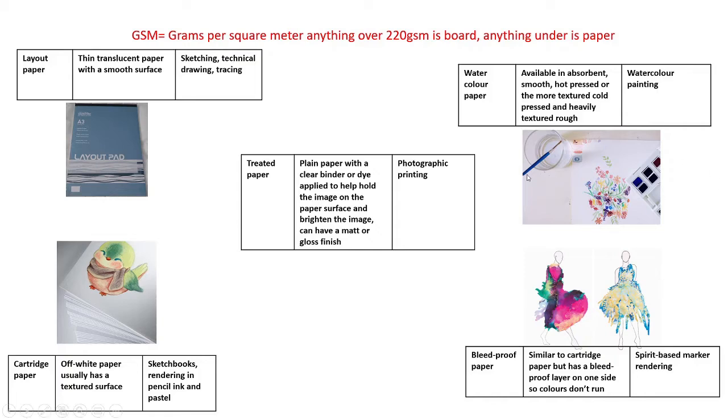And then you've got bleed-proof paper, which is similar to cartridge paper but has a bleed-proof layer on it. So what I said with cartridge paper is you would render in pencils and pencil colours, but not pen because it would bleed. Bleeding is essentially if you ever get, say, a Sharpie pen or a fountain pen, and you hold the nib of the pen onto the paper, and the ink starts to disperse around the page, that's bleeding. Bleed-proof paper essentially stops that from happening,